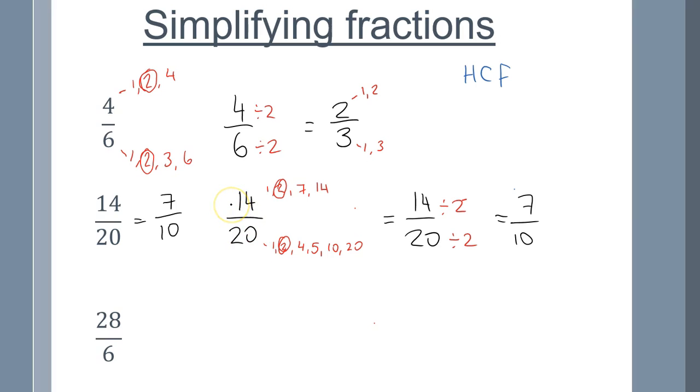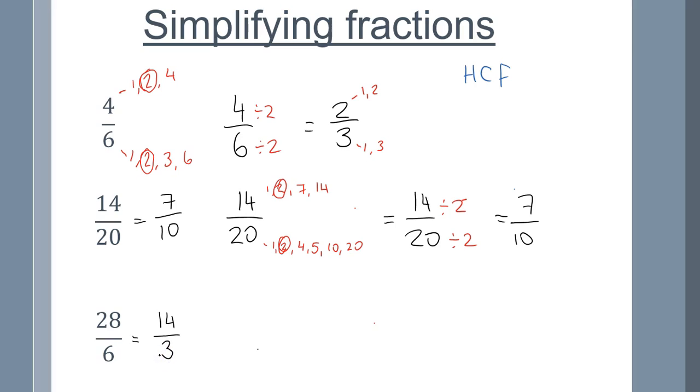Whereas in fraction form, it's quite easy once you get the hang of it to multiply, divide, simplify, add, subtract. So if you can keep them in this fraction form, you'll find it a bit easier. So I'm going to play my halvesy technique. So I'm going to half, because they're both even, half of 28 is 14, half of 6 is 3, and